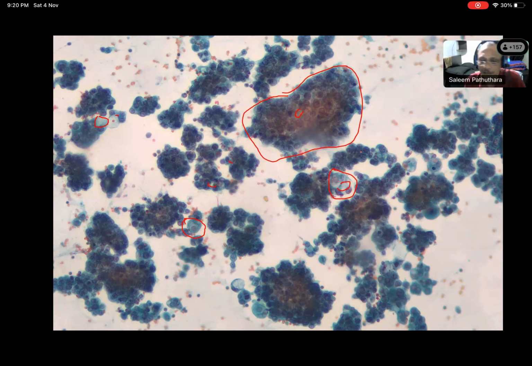Dr. Kedar, please. No, I don't have anything to add. I think this last slide is actually very good compared to the first two. The first two did not give us any clue or allow a diagnosis, whereas this is a much better preparation. So the idea of this particular case was immediate fixation. Air drying artifact can cause a lot of trouble, and the smear may become unsatisfactory. Okay, we'll go to the next case.